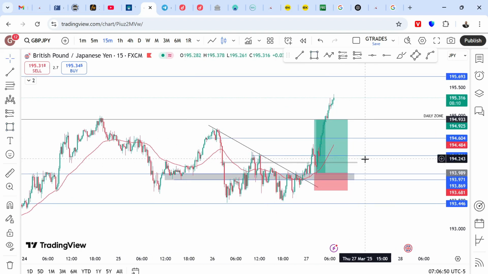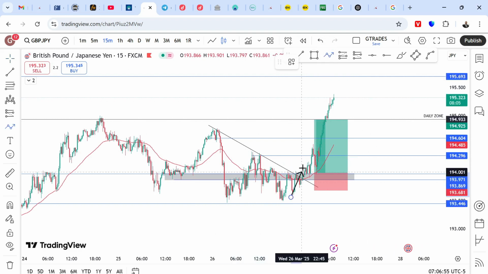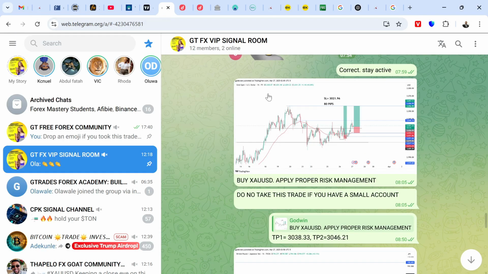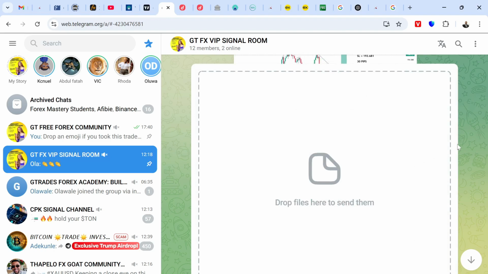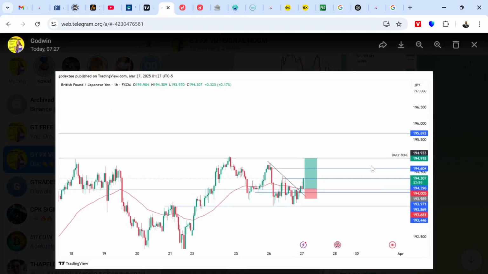Now what happened? The market broke out and retested it. Boom. Very smooth, right? Broke out, retested it, even gave me a double bottom as an extra confirmation. That was why I was able to call out this buy again. In my inner circle community, the VIP guys, they are really enjoying. Now look at the buy. Boom. We smashed TP in less than 30 minutes.